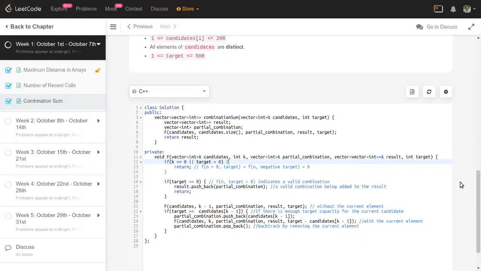So when I come inside this one, I add this current element to my partial combination and recursively solve this. See, while solving it recursively, k is still intact. Partial combination has one more element, and target is reduced by the candidate's value, right? The candidates vector is zero based, so that's why I'm using k minus 1 there. Otherwise, that is the last element in the candidates, right?